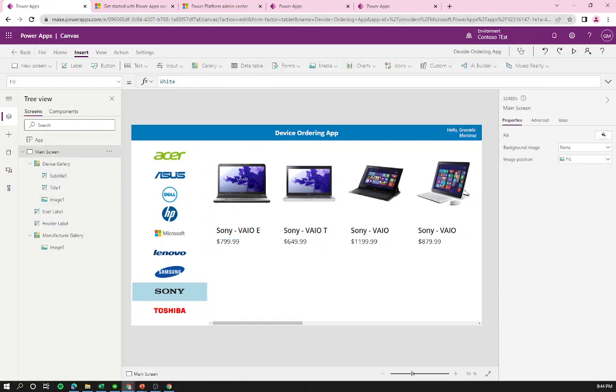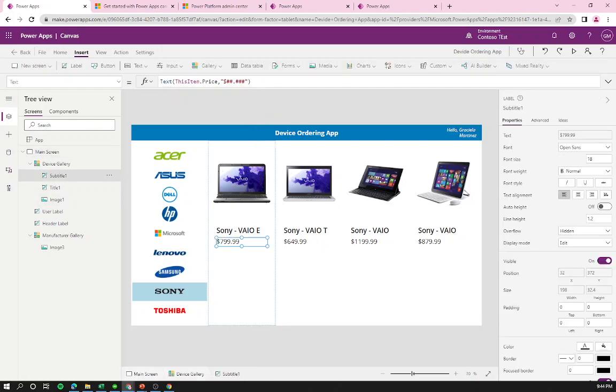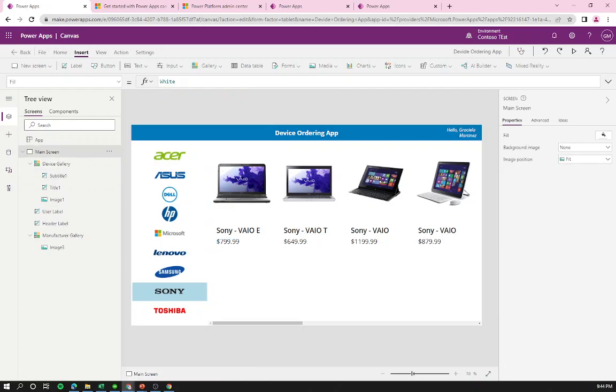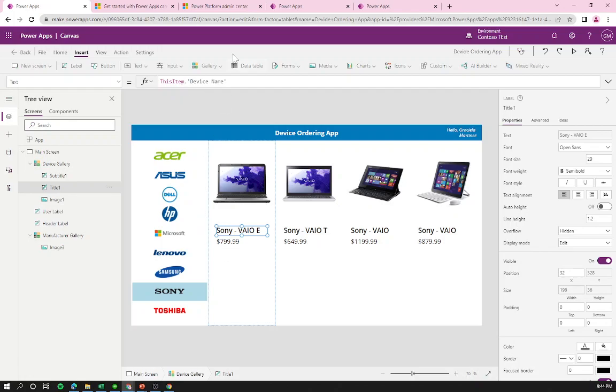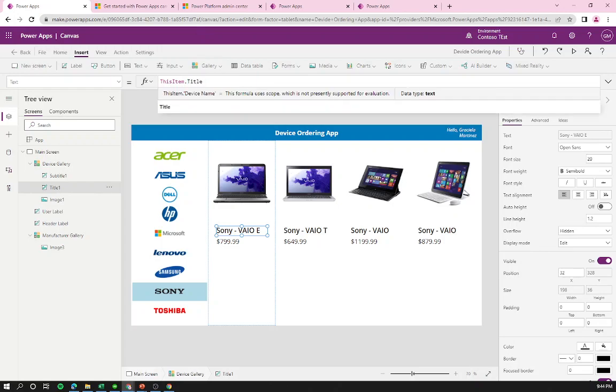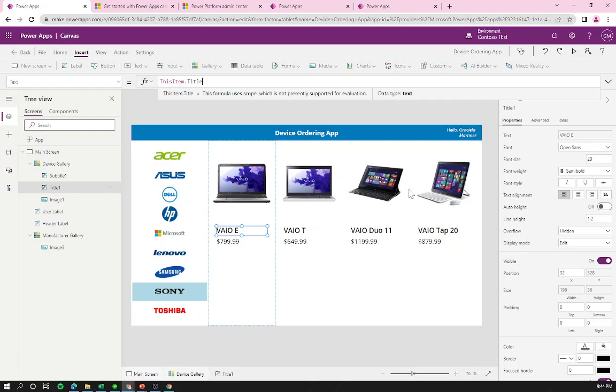Okay, now that we have that, I just removed the two dots and the zeros at the end. And then here we're also gonna change the label at the top, because here it's currently set to use the device name, but we're gonna change it to use the title, because that's what we want the users to see. We don't want them to see the device name, we want them to see the title. Now we are going to also show this